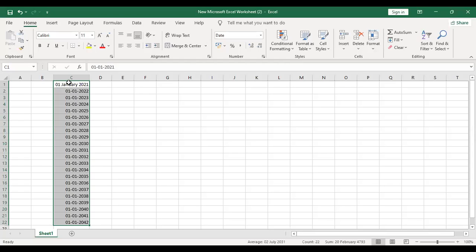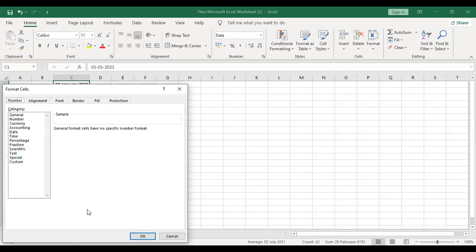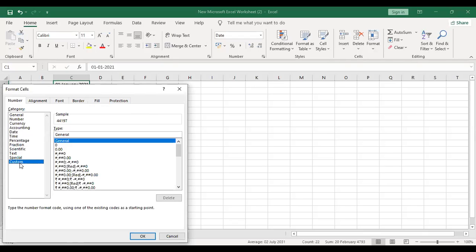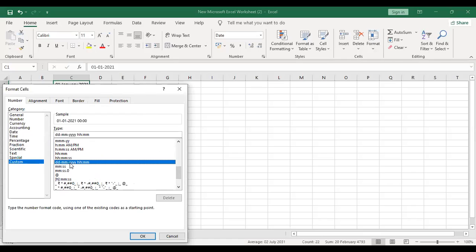Now go to fill, go to format. Now here, instead of going to date, go to custom. And here, scroll down, you will find some formats where you have that DD Mon YYYY. Click on that. DDMMYYYY. Yes, click on that. Now remove everything except four Ys in that type, and say okay.